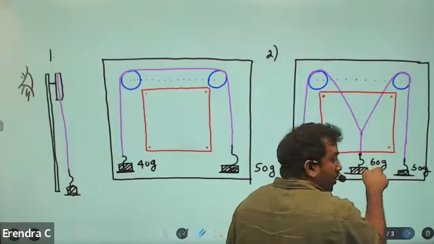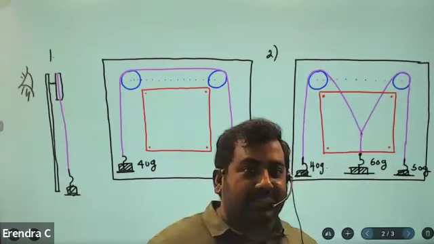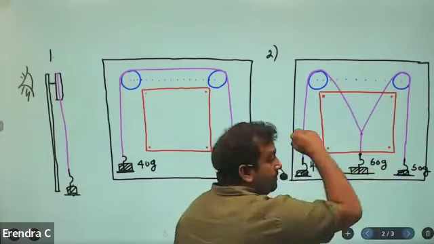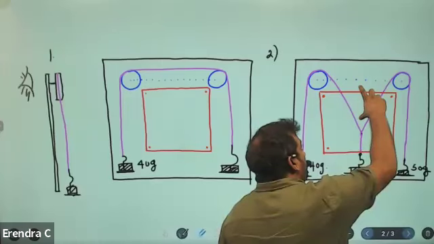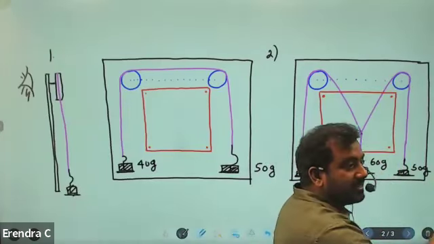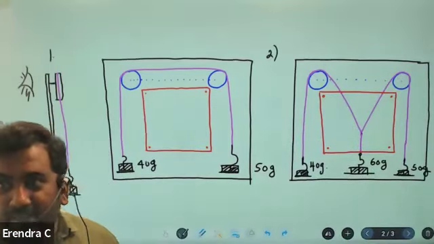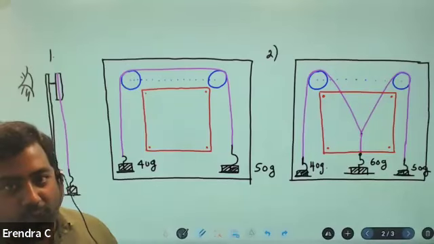Resultant should be equal to how much? 60. So what we are doing now is just to check whether the parallelogram law is correct. We are going to draw a parallelogram. We are going to find the diagonal and show that the diagonal is equal to how much? 60 grams. Understood? Okay. So for the first one, I'm assuming that the holders have no weight,